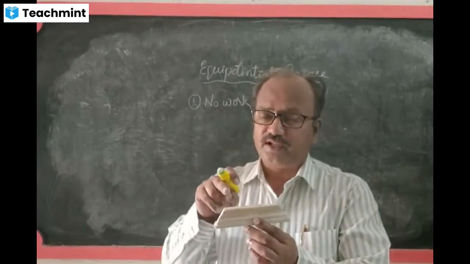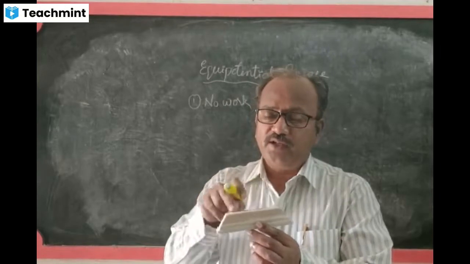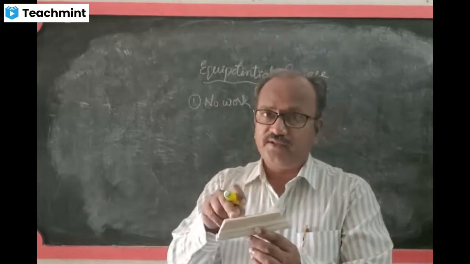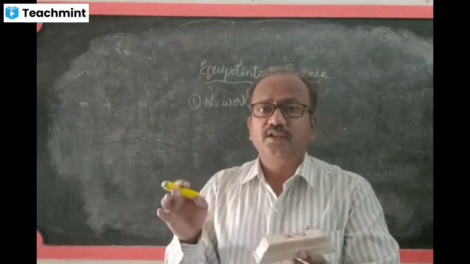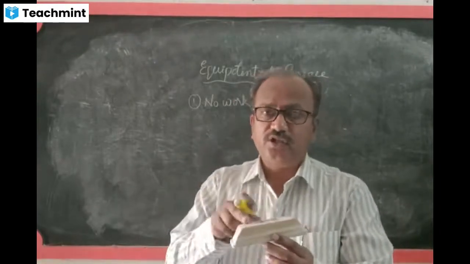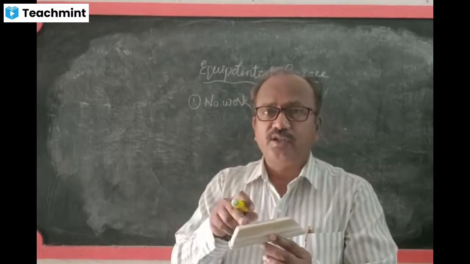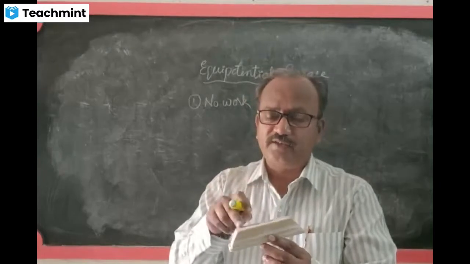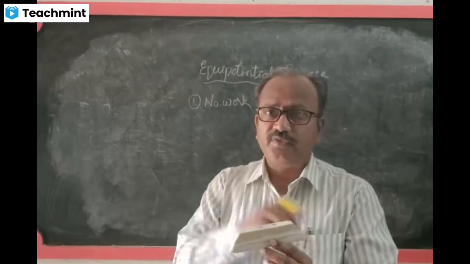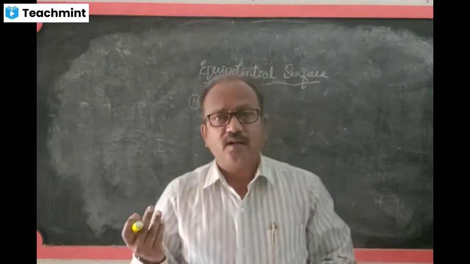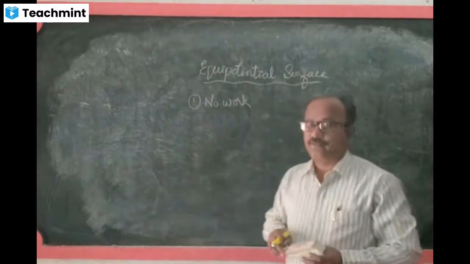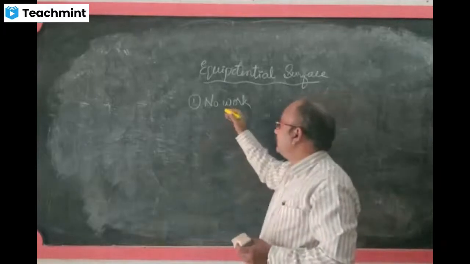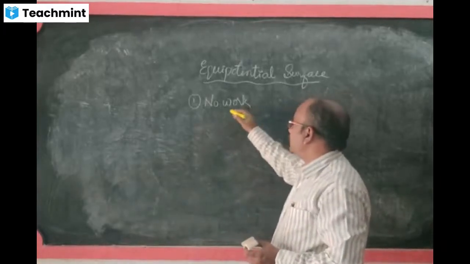Suppose if you take a charge from one point to another point, if there is a potential difference, then only there is work to be done. Otherwise, there is no work done. But here, there is no difference in their potential because the potential at this point is the same and this point is also the same. Hence, there is no work done on the surface of an equipotential surface. This is one of the very important properties. There is no work done here.